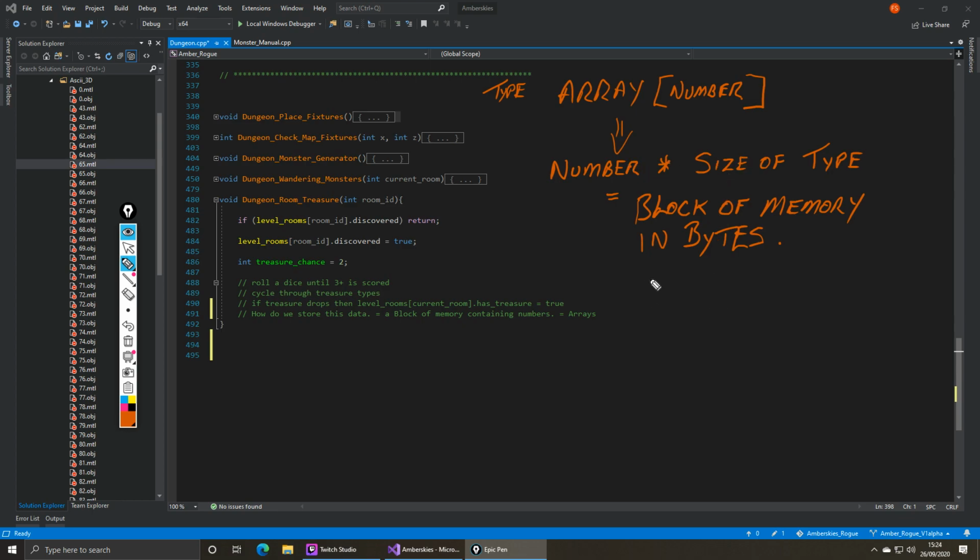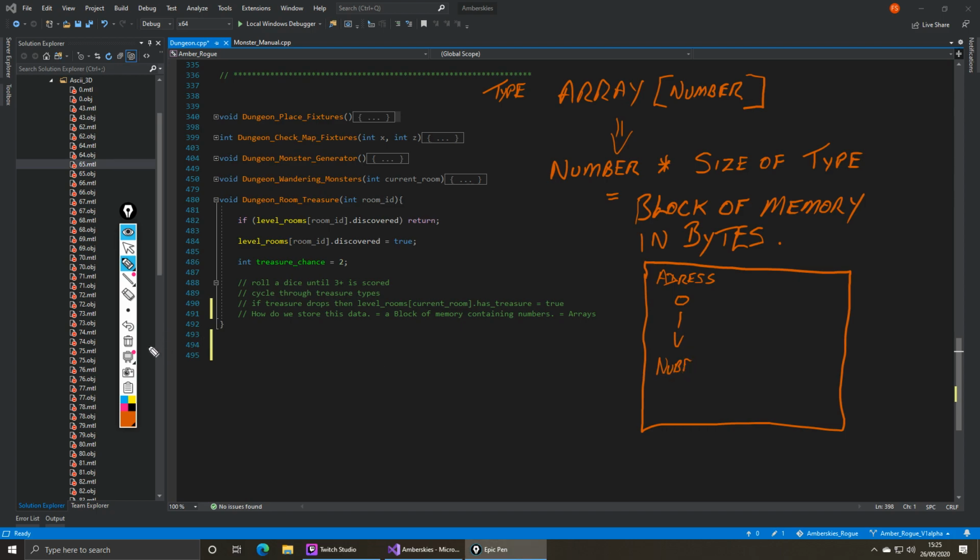So there and that will give us address, zero to number.